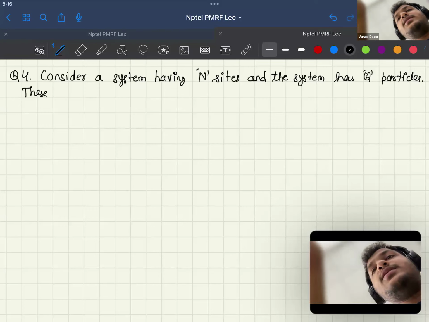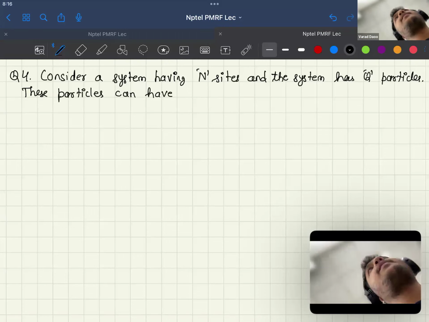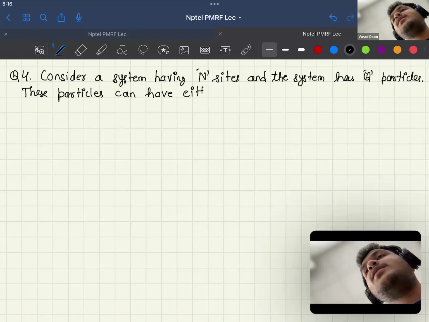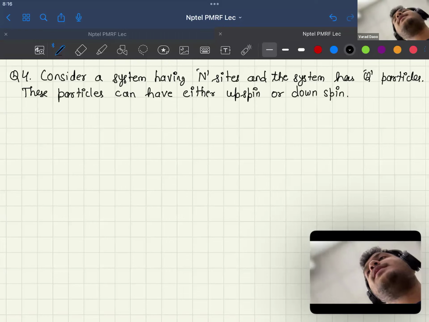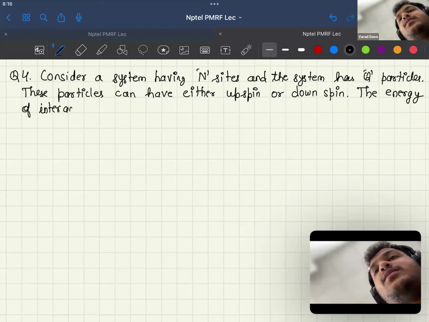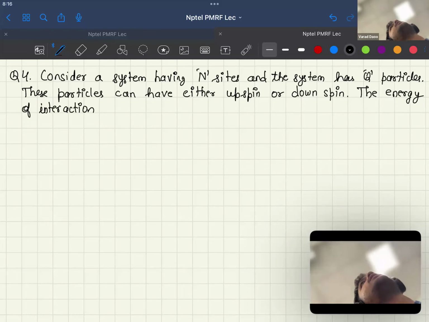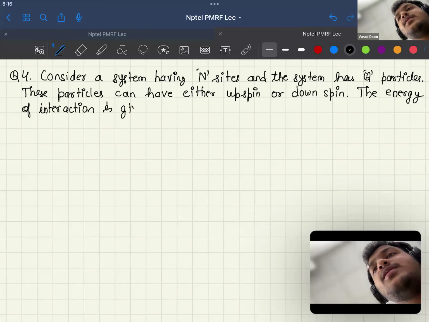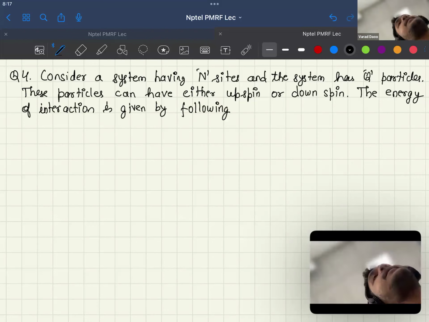Now, these particles can have either upspin or downspin, right? The energy of interaction is given by the following expression,